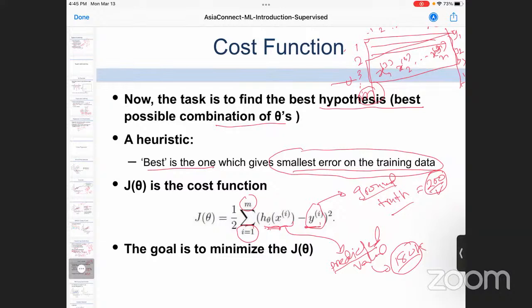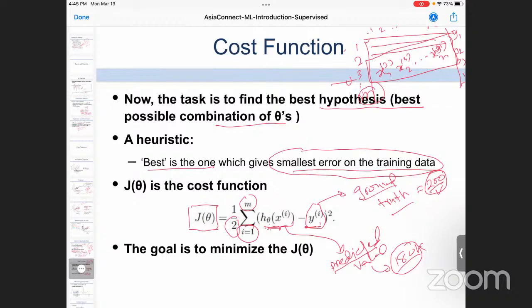So we normally use the square of the error. This is just for simplicity of the derivation. And also you can see here another term, half. You will see why we use half, because it will make our derivation easier. So this is our cost function. Every learning algorithm has a cost function. So what is our goal?